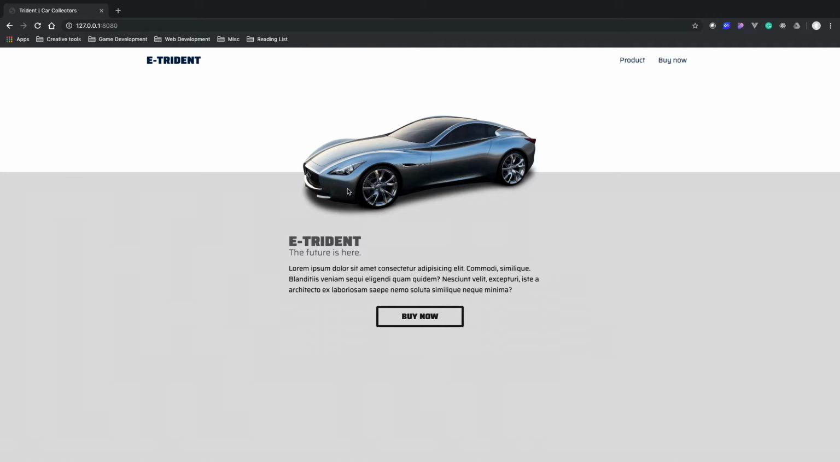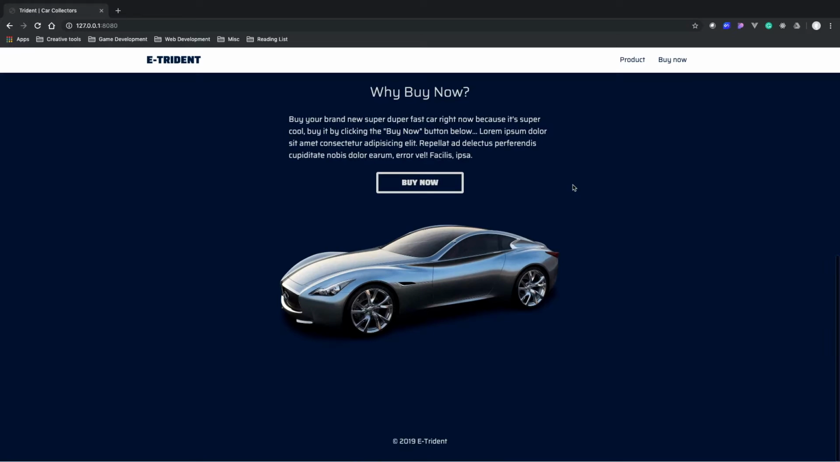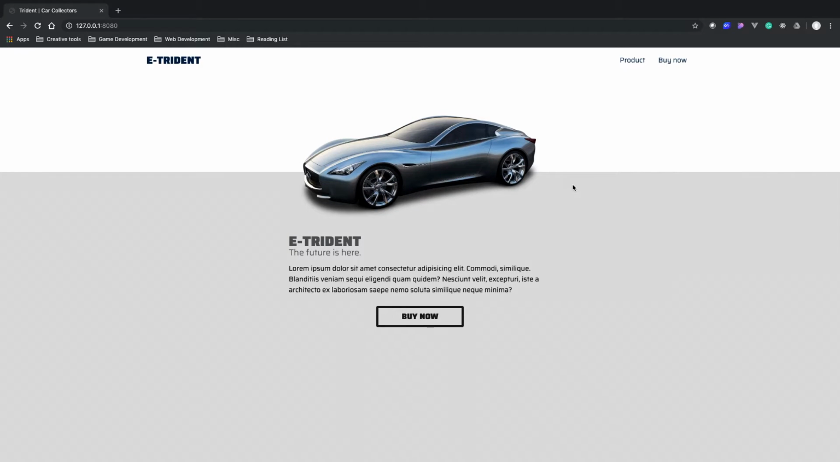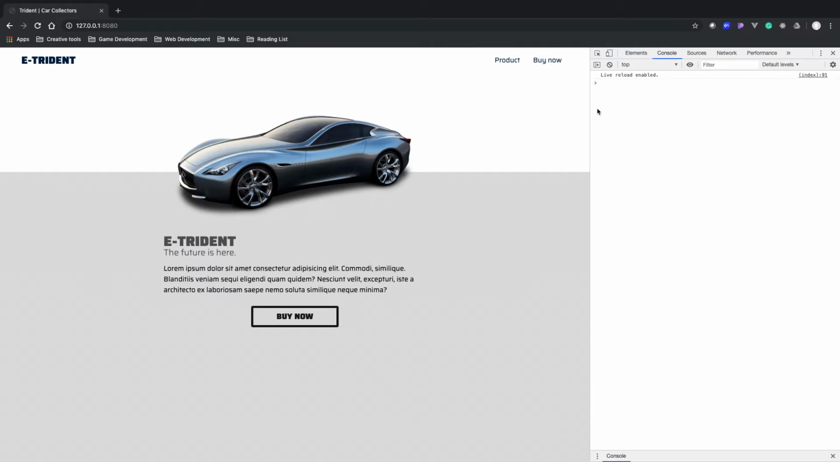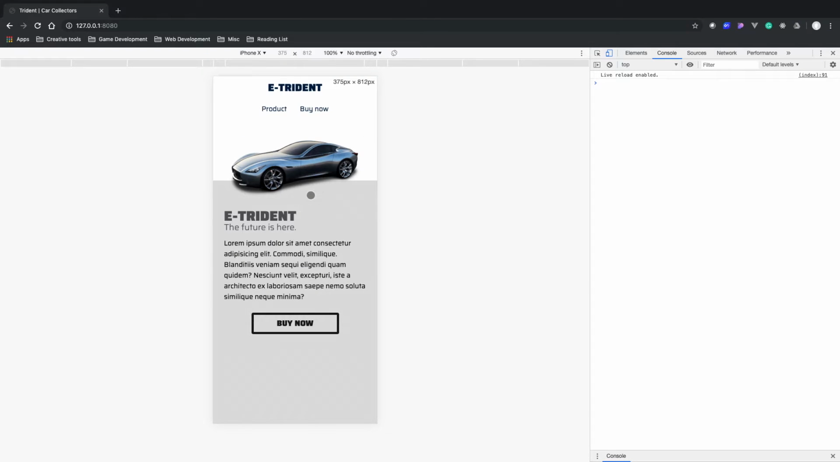In this video we're going to be creating our first simple landing page in just HTML and CSS. As you can see, it's a really basic web page. It's a little product landing page. I've stolen this image off the internet, of a car, and then I've created a little landing page called